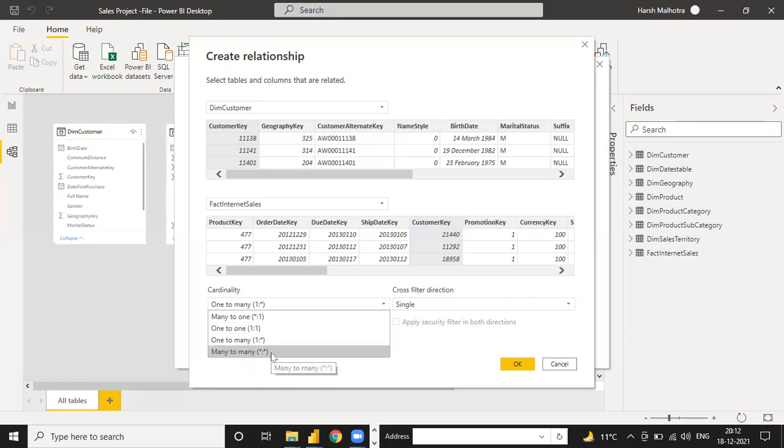And why is it many to many? Suppose you are going to a sales project, with the same example of 4 branches: Hyderabad, Chennai, Bangalore, and Kolkata. In all these 4 branches you have sales data, and suppose your product is similar. In Deloitte, suppose you manufacture, I will just give the example of laptop and PC. You do production or purchase and sale of laptop and PC only. In Bangalore also laptop and PC, in Hyderabad also laptop and PC, and in other locations also laptop and PC.